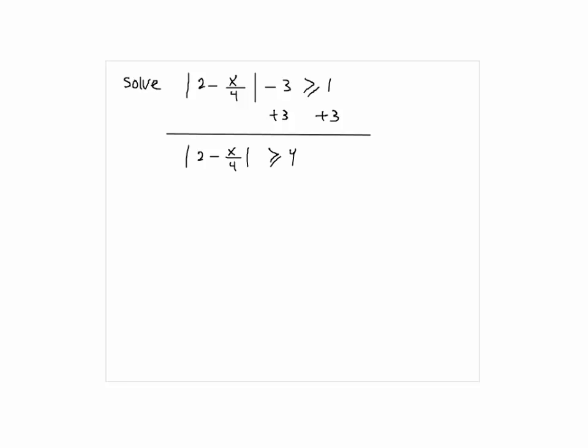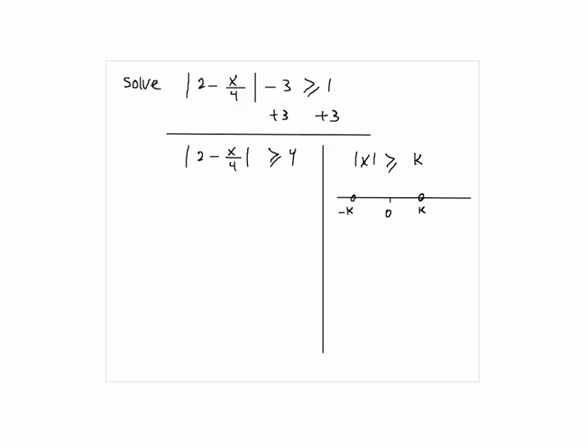Now, let's take a look at this here. If the absolute value of x is greater or equal to a number, let's say k, if you look at it on the number line, you're looking at all the numbers that are larger than k units away from 0. So if this is k, and if this is minus k, we're talking about all the numbers that are